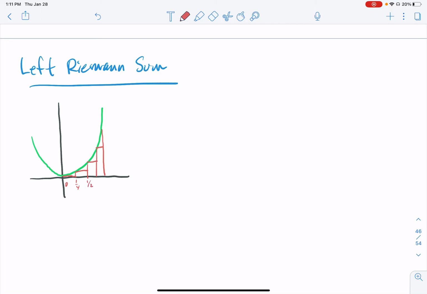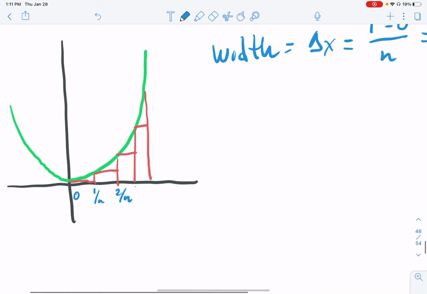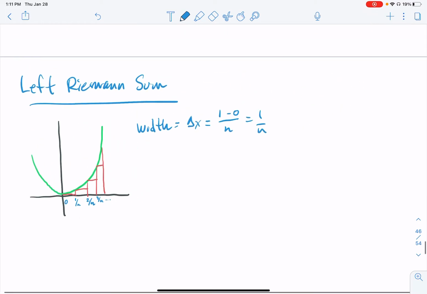But now, remember that our width, delta x, is 1 minus 0, b minus a, over n, which is 1 over n, just like it was for the right Riemann sum. So instead of having 0, 1/4, 1/2, and all of that, we're still going to have 0, but this one is going to be 1 over n, and then a 2 over n, just like it was for the right Riemann sum, 3 over n, and then so on. So for our heights,